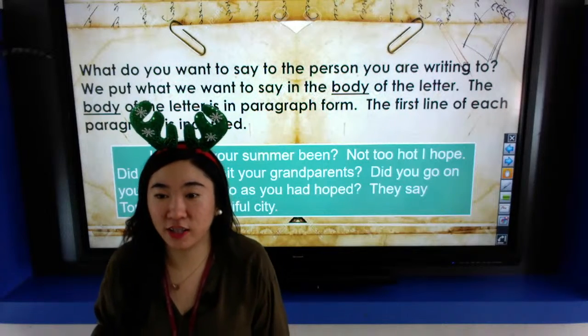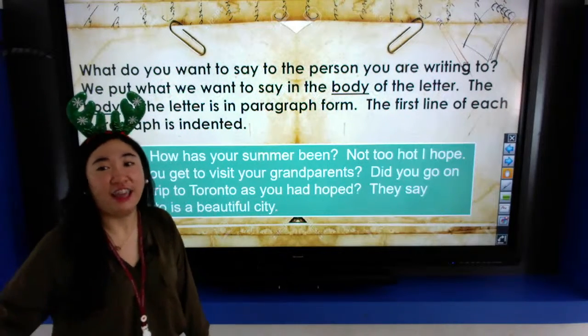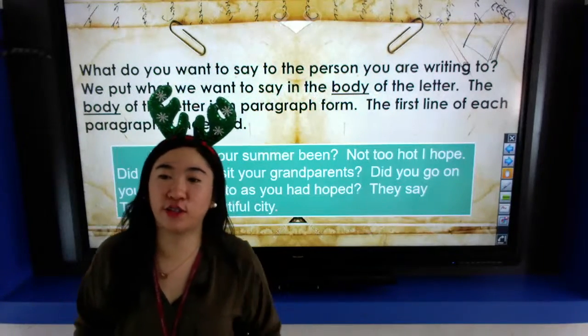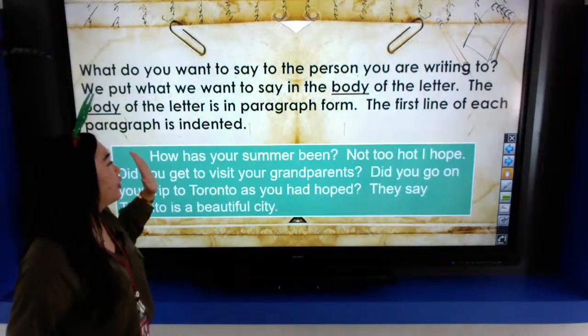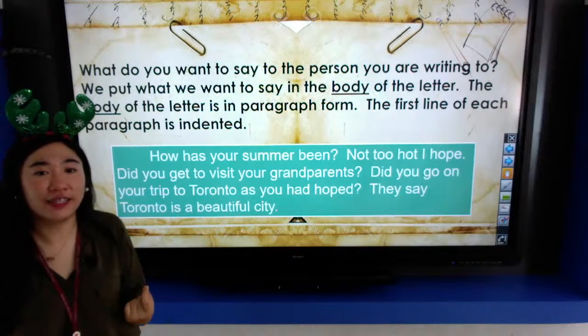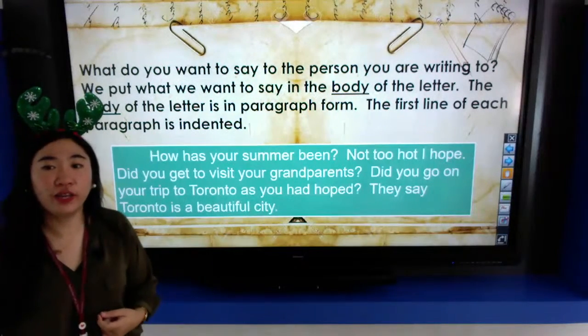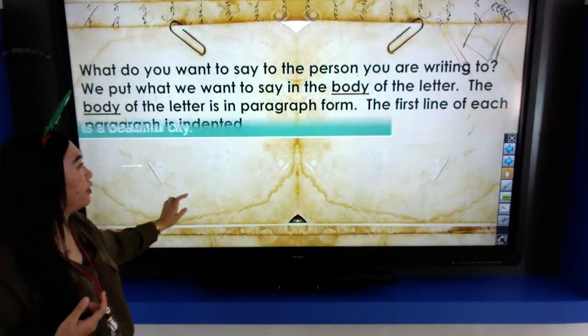Coconut nut is a giant nut. You can write anything. You can express your thoughts to the receiver. So always remember that when you write the body of the letter, the first